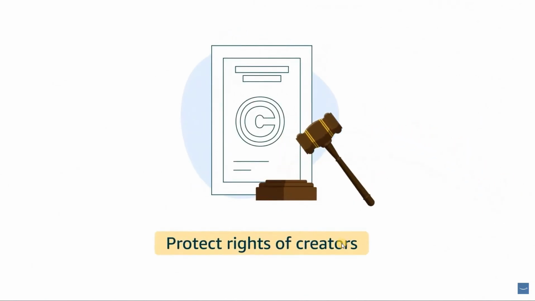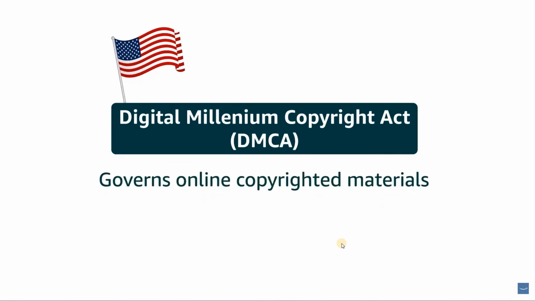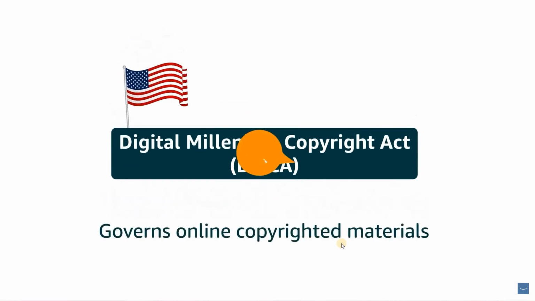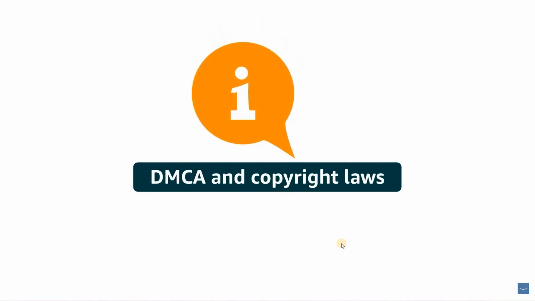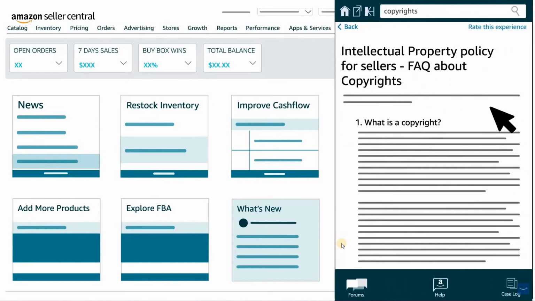copyright. Typically, federal agencies put in place laws to protect rights of creators. For example, in the United States, the Digital Millennium Copyright Act, or DMCA of 1998, governs online copyrighted materials. For more information on the DMCA and other copyright laws, visit the U.S. Copyright Office website at www.copyright.gov. For resources in other countries, refer to the FAQ help pages within your Seller Central account for a specific